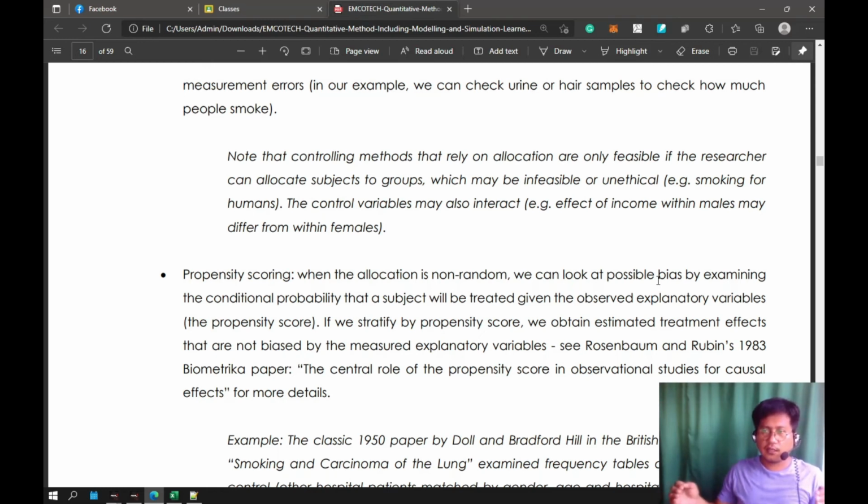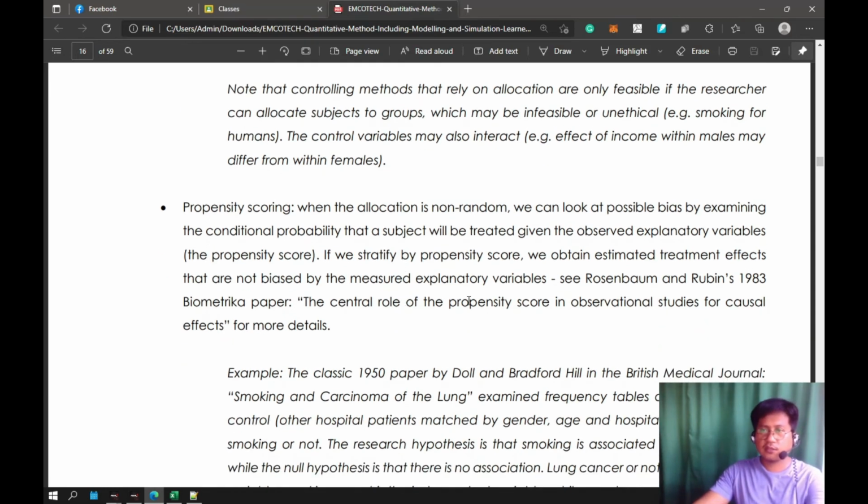So let's see whether it is easier or whether there is a bigger gain for the males or for the females. So, propensity scoring. When the allocation is non-random, we can look at possible bias